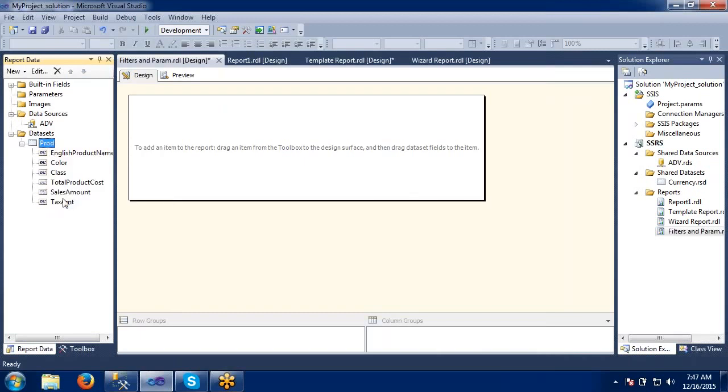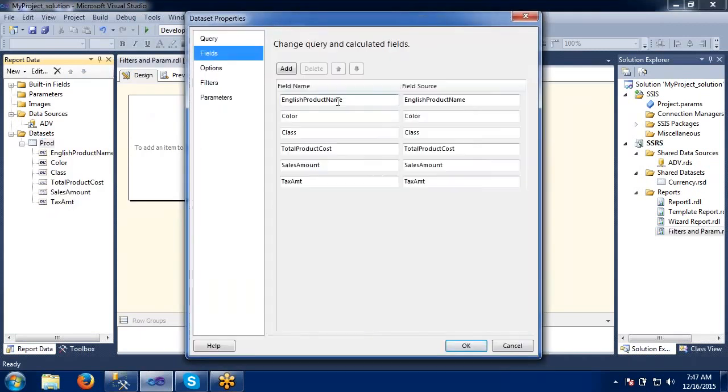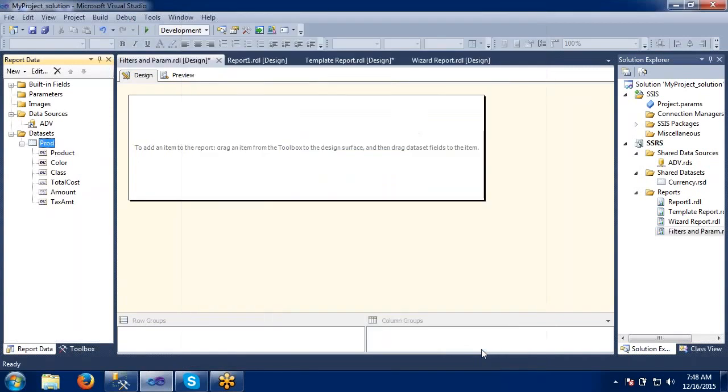I would like to change some things here. In the fields, what I would like to give here is product. Color will be color itself. This field name will be displayed on the report, but the source won't be changed here. This field name we can change as per our requirement. So I will make it for display purposes. I am making all these changes. Sales amount, right? We will take it as just amount. This will be the tax amount. Just keep it as it is. So these will be my names, and it will be displayed like this.